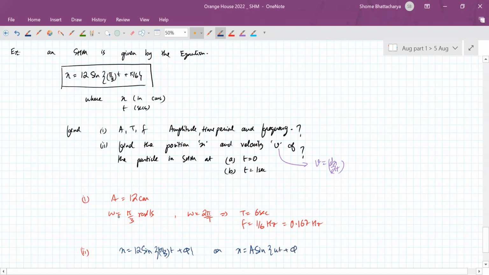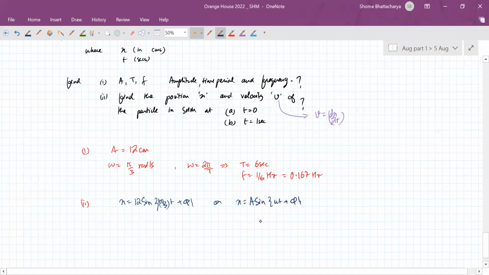So v, which is dx by dt, will become 12... understand this as a general equation. You can see that when you differentiate this,